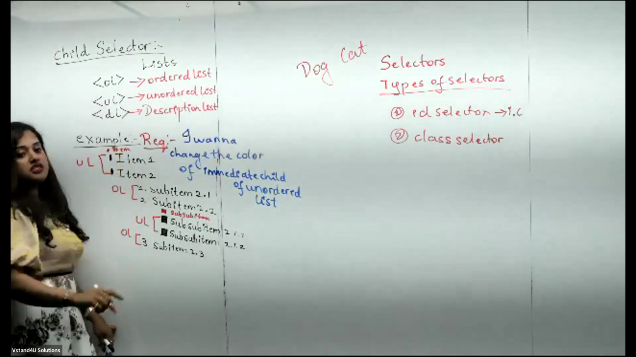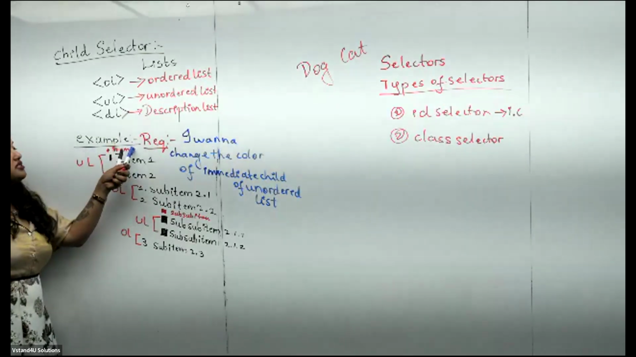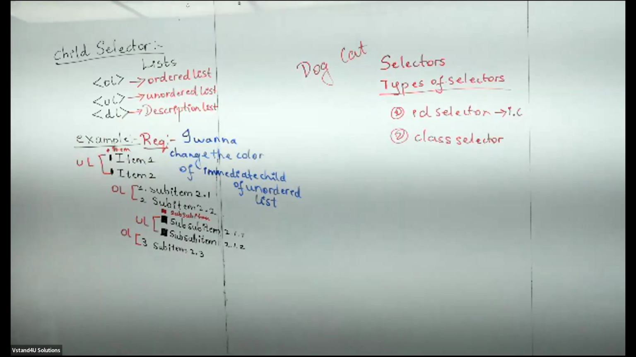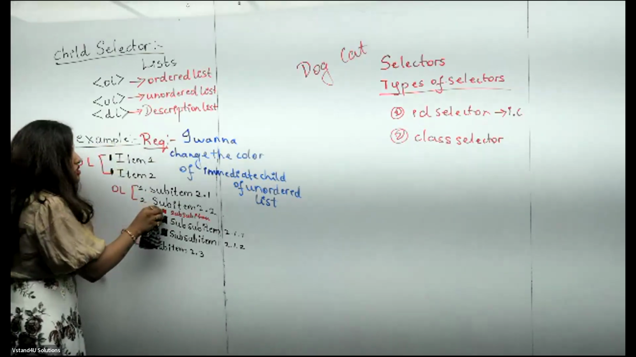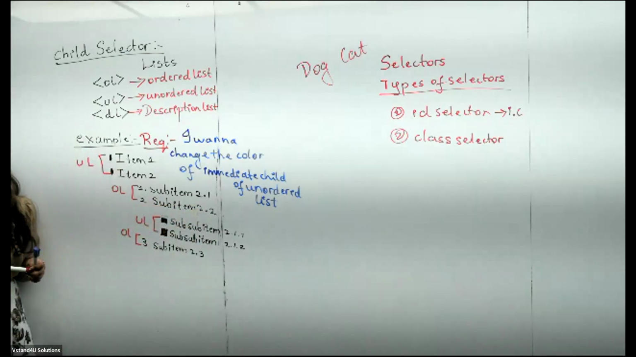Which is the immediate child to this item? Item 1. So can I say this is the parent element and this is the child element? Now, according to my example, I am just removing this parent element. I am not mentioning any parent element. But you have to imagine